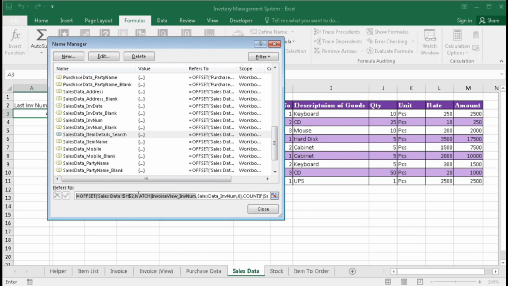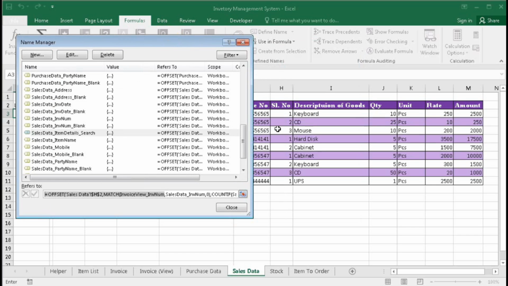So it will start from column H. Okay, now here it will be 0. No, sorry, not here. It will be down. So here 0 cell to the right comma. Now the height will be countif this one. Okay, now it's okay.